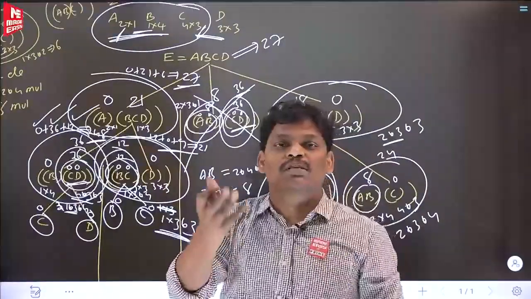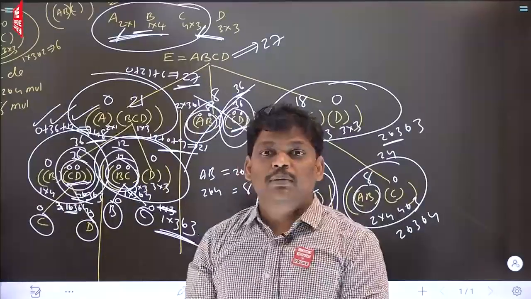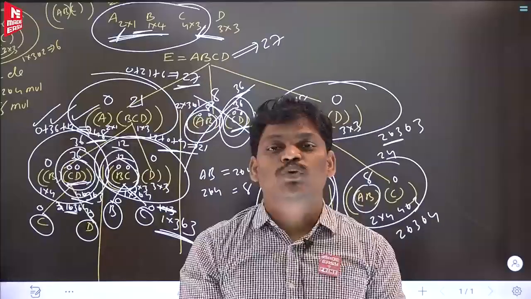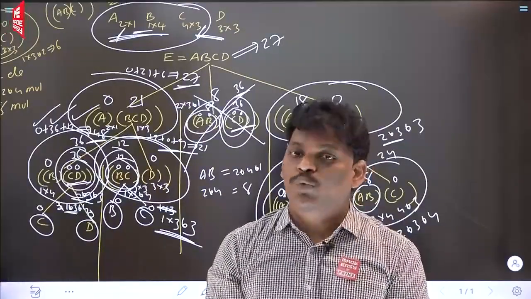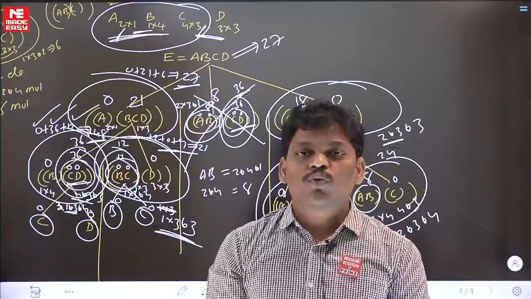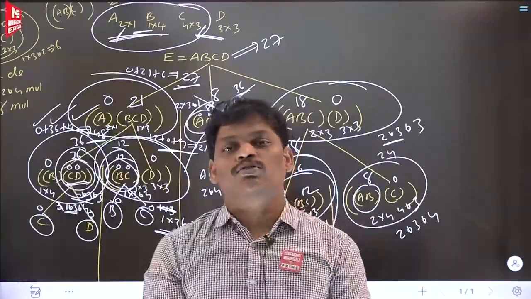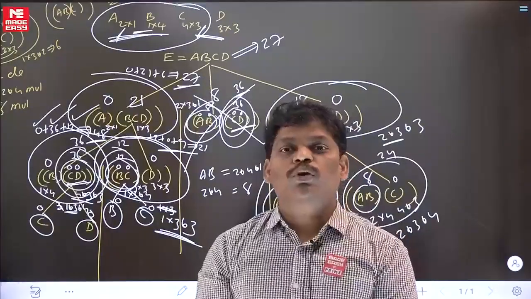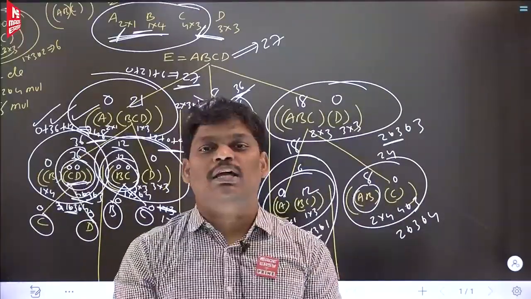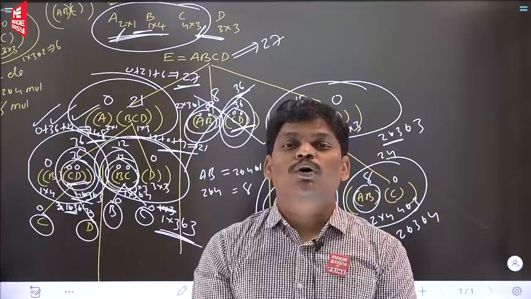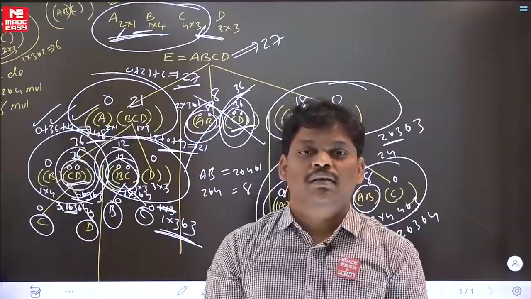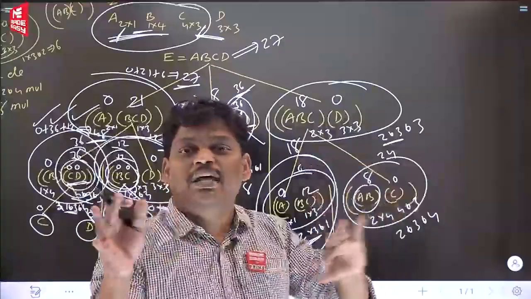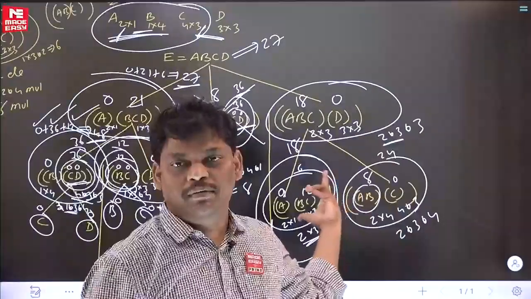If the right also has everything new, nothing repeated, then dynamic programming is not advisable. Dynamic programming is not advisable because every time something new is coming. If every time something new is coming, why are you storing? If you store, you are not reusing it. What is the use? Every time doing, every time storing, and nothing is repeating, then why did you store? So dynamic programming is the best idea when repetitions are there. I think you can apply dynamic programming to this one because there is a lot of repetition. The right side is mostly repetitions of the left side.